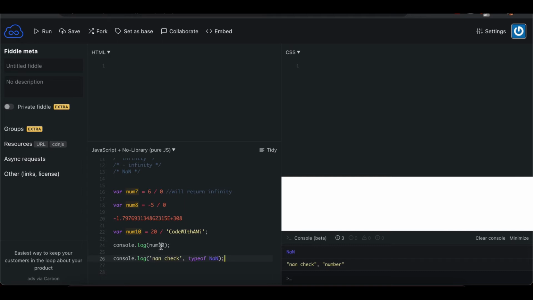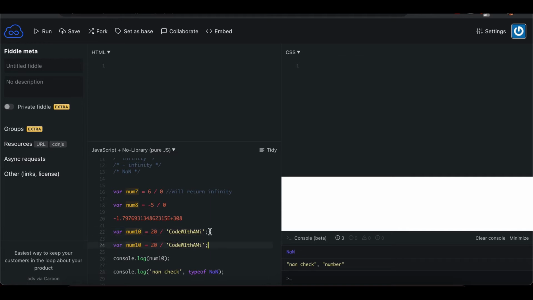For any variable, if you want to check the type of a particular variable, you just need to use typeof, and you can instantly get the type of that variable. Since the number 20 cannot be divided by the string code with ME, because it cannot be evaluated as a number, the return value for the num10 variable is NaN.